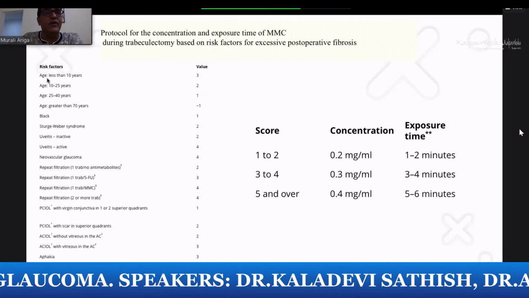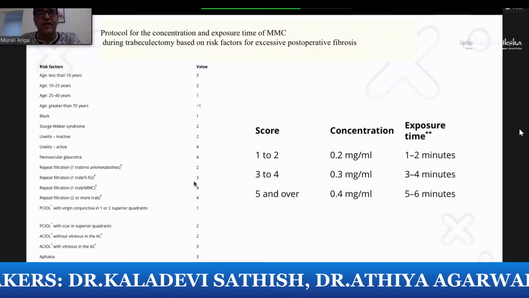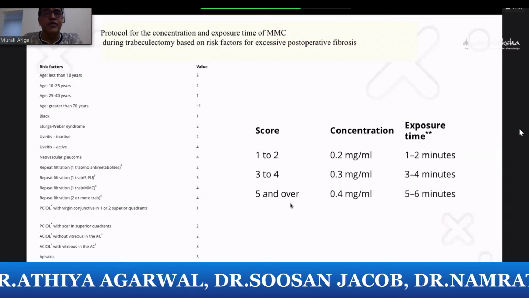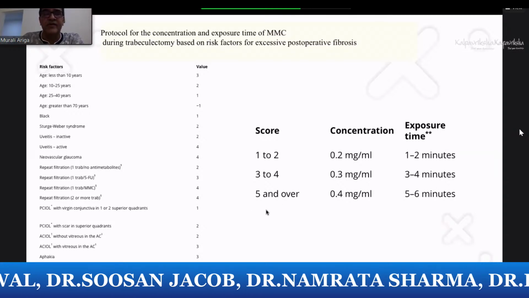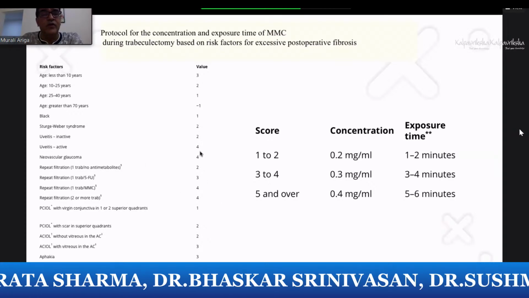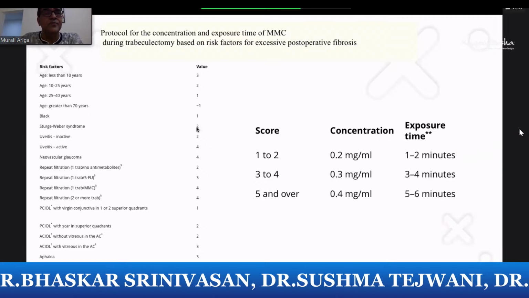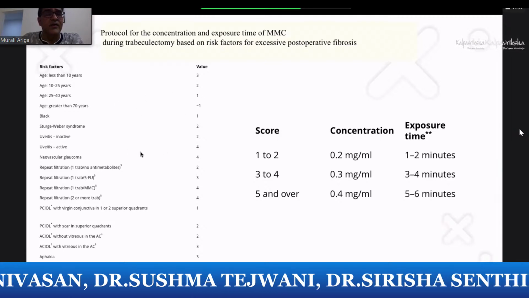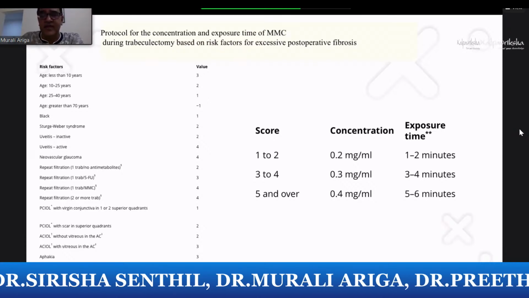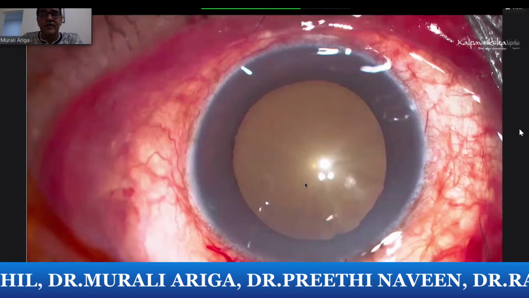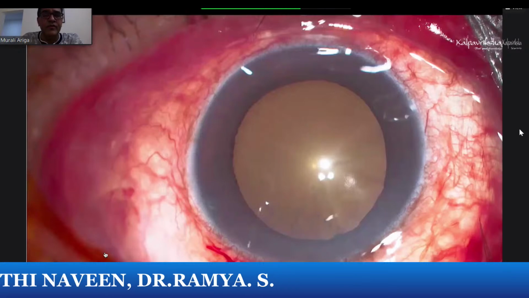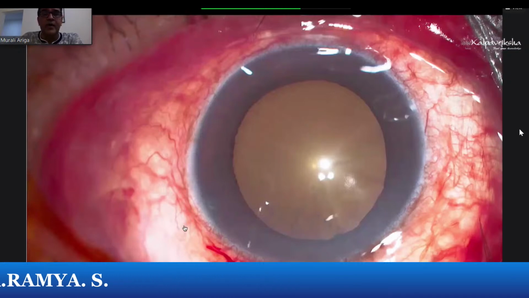You can have a rough indicator of the risk factors. This has been published, and many textbooks and publications will give you the score. The concentration of mitomycin and the exposure time would determine how risky the mitomycin is in a given procedure. In somebody with neovascular glaucoma, the score is very high, so you use a higher dose of mitomycin. Whereas if it is a relatively lower risk, you would consider a much lower dose, concentration and exposure of mitomycin. Mitomycin can be applied both as a sponge method, or now I sometimes even give it as an injectable mitomycin. I'm going to show you a very brief video clip of how the surgery is done.